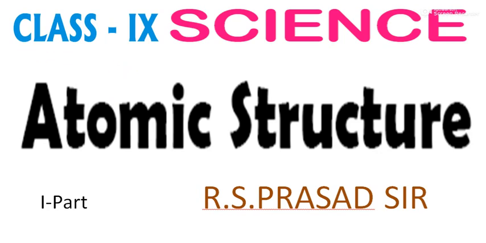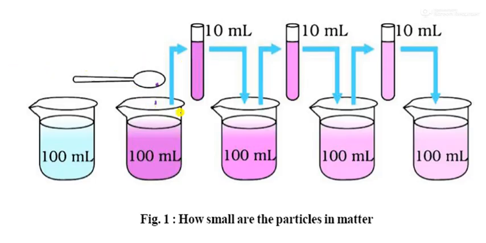First of all, go to this activity. It is 100 ml water and some crystals are poured into this. That is potassium permanganate. The crystal is potassium permanganate, and the formula is KMnO4. The crystal of potassium permanganate is dipped into the water of 100 ml.